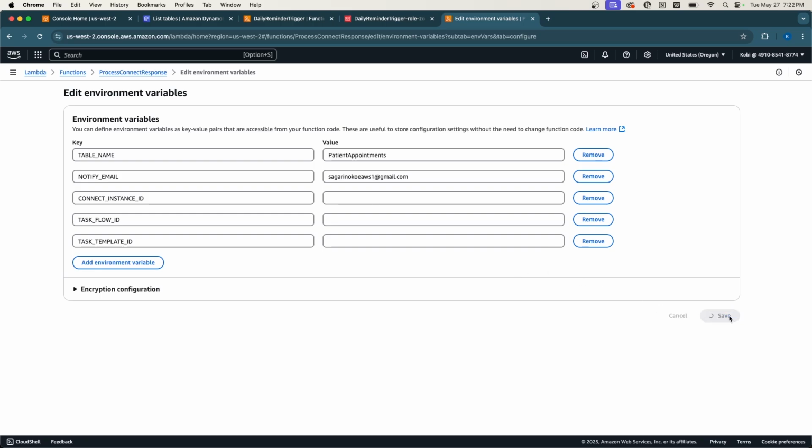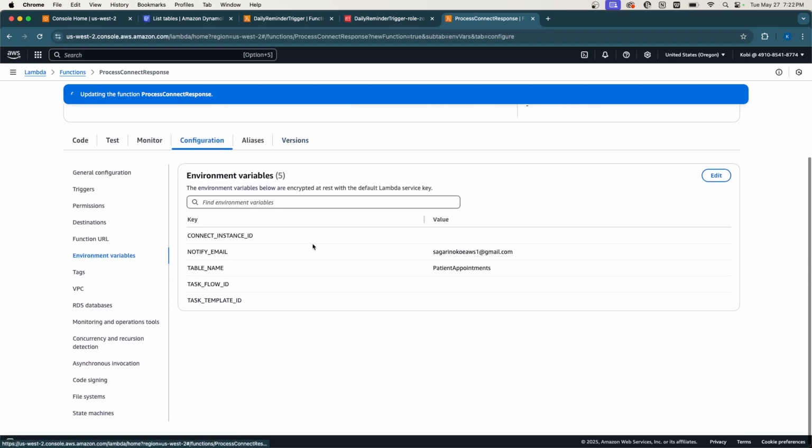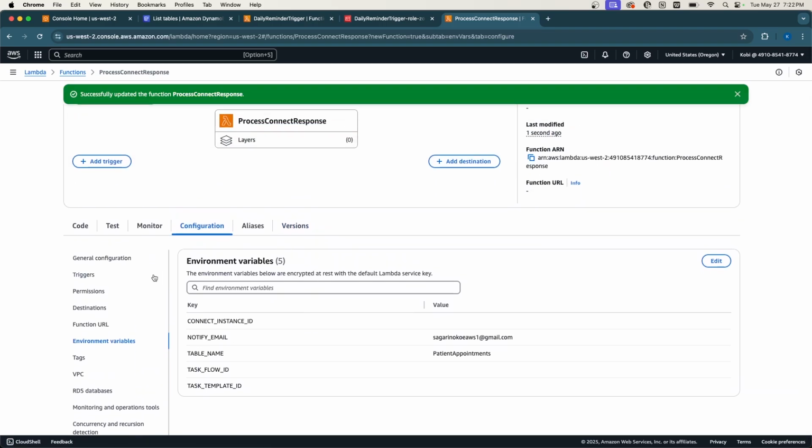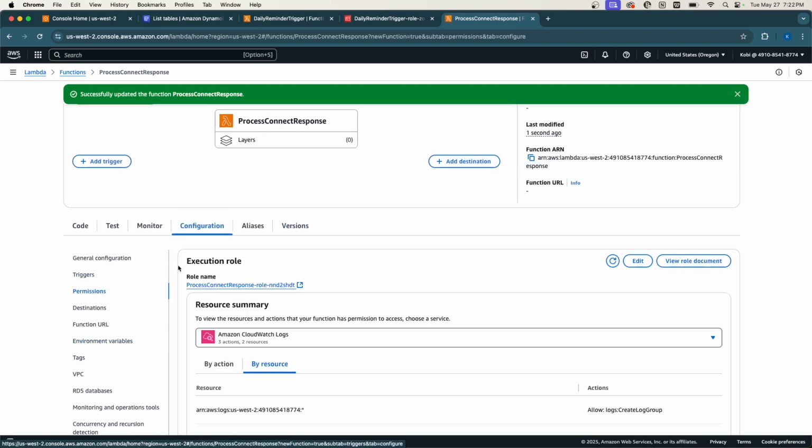I'll click on save for now. We will come back to complete or fill the other spaces. Now let's proceed to work on the permission for this Lambda function. So I'll click on permissions and then I'll try and then access the